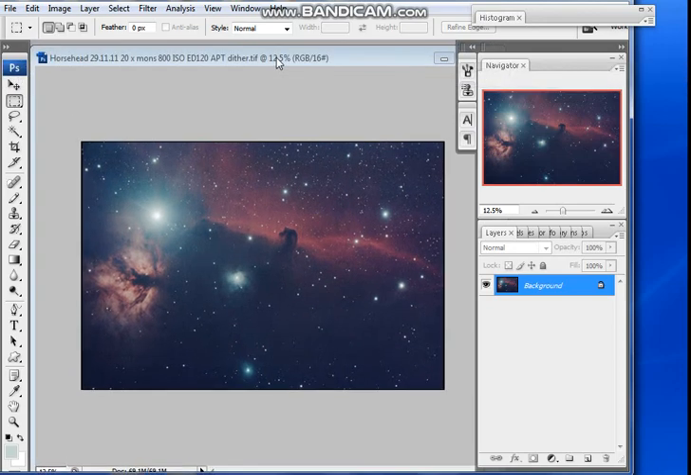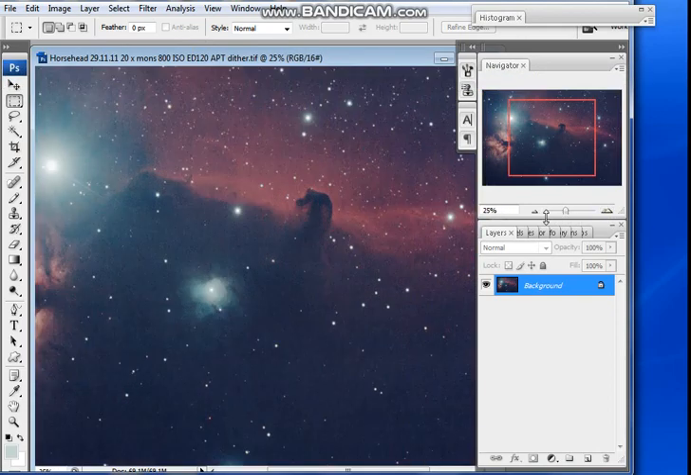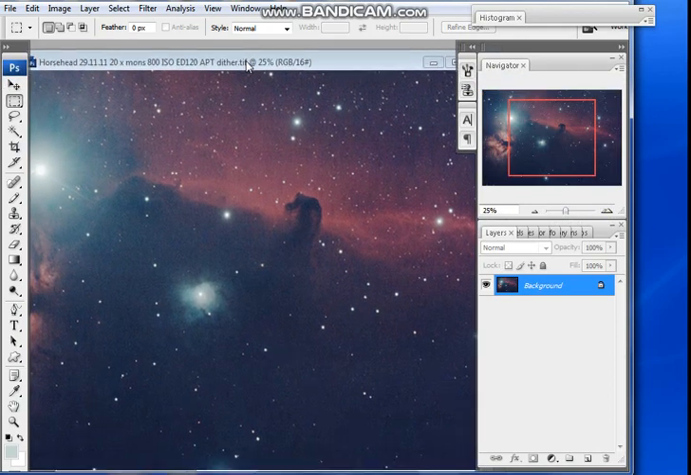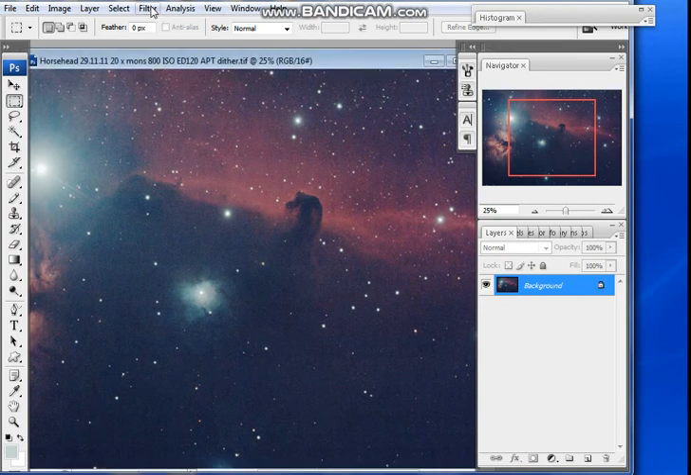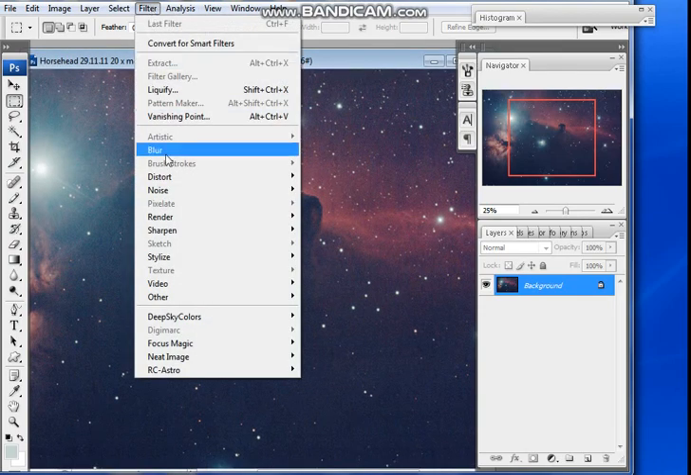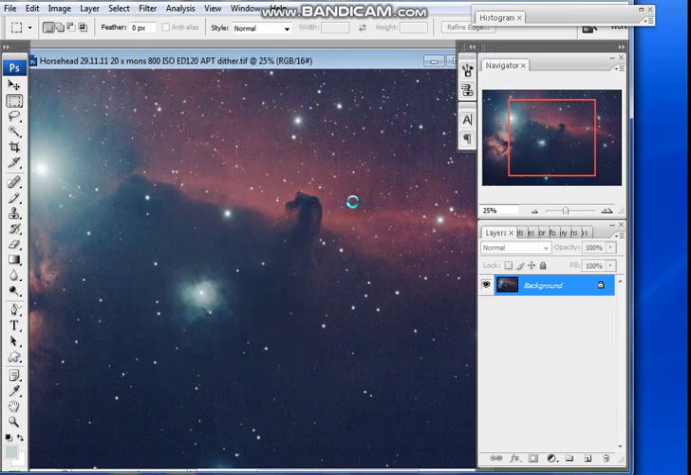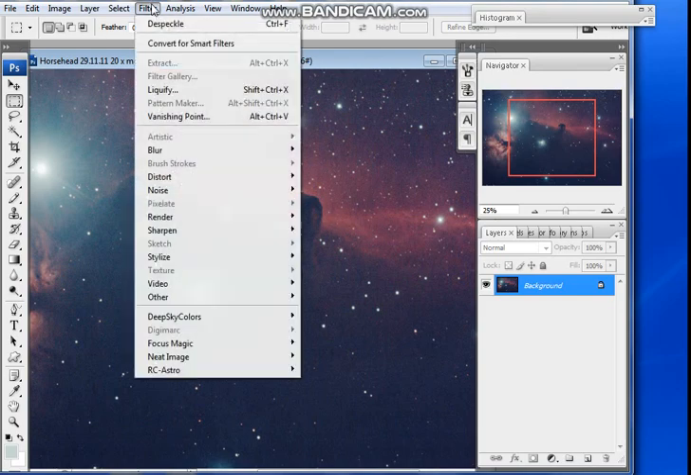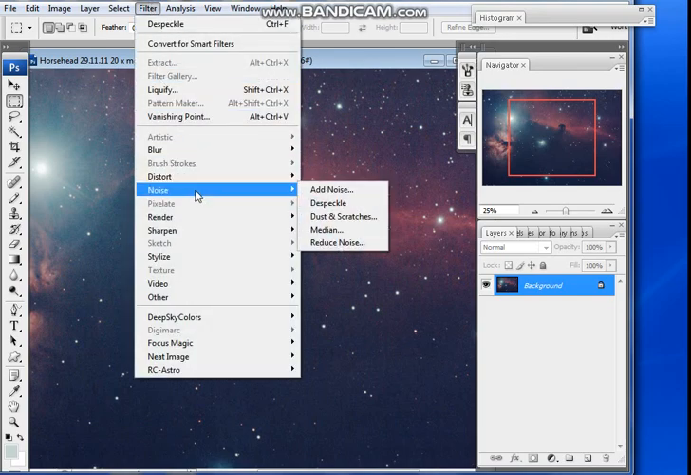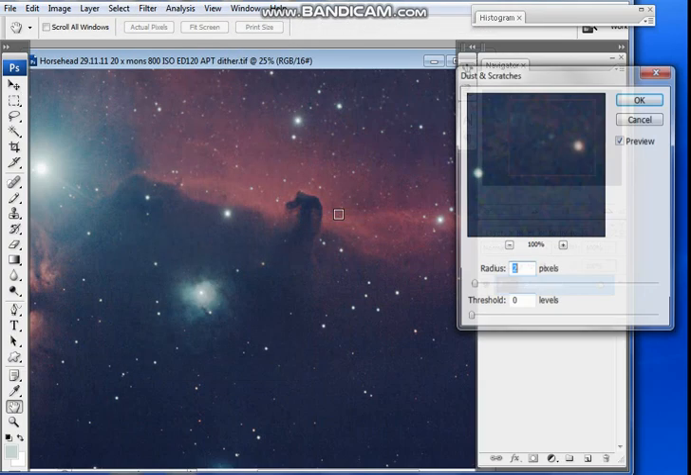One last thing that you can do that's quite simple, if we zoom into the image, you'll find it's a little bit on the noisy side. And there's a very simple tool you can use for that, which is filter, noise, despeckle. And if you do it a couple of times, it will help clean up the image a little bit. There is a more powerful tool in filter noise, which is dust and scratches,